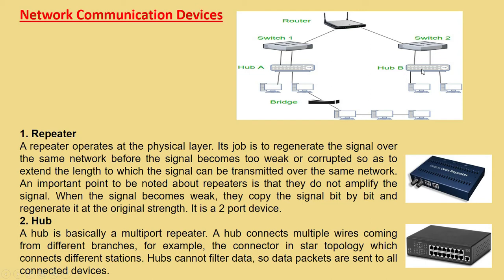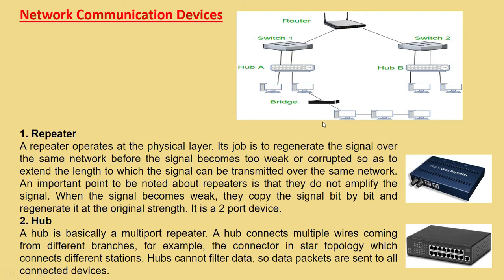B. Okay, so from this hub again two systems are connected, or you may connect from the switch also. And from these two systems, one system is passing the net to other systems with a LAN option with the help of a communication device, that is nothing but one bridge. And here, as per this, the two systems are directly connected to that hub B. So let's know about what is a repeater, hub, switch, etc.